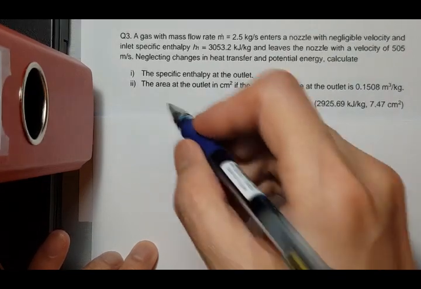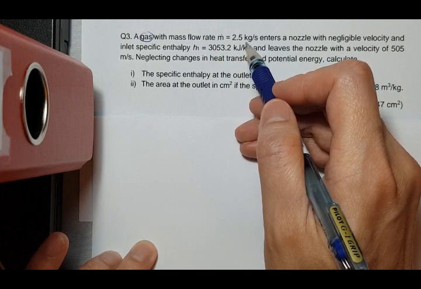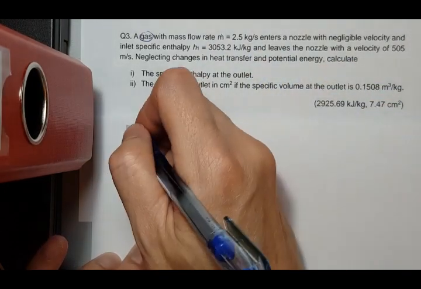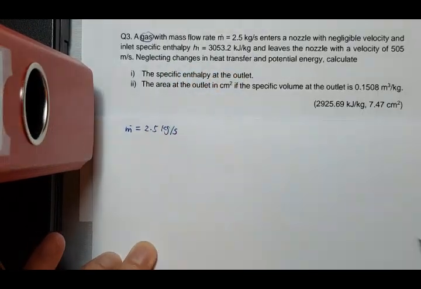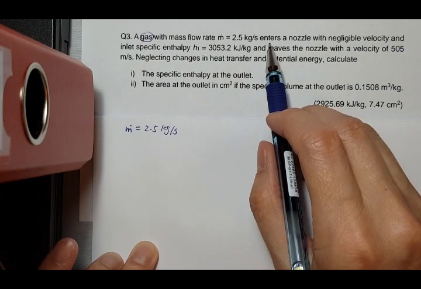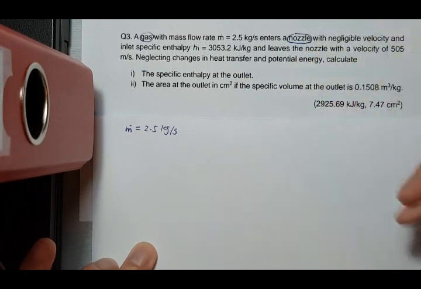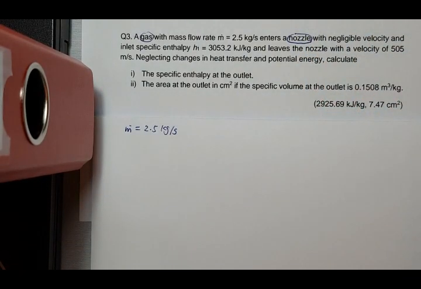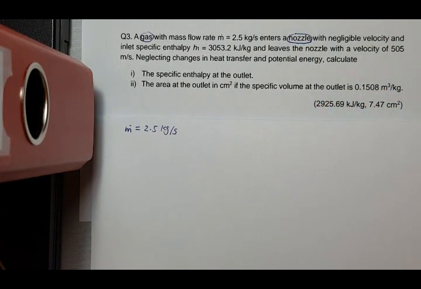Okay, so a gas, so we know that the working fluid is a gas, and the mass flow rate, m dot, that's a kilogram per second. So I'm going to write here m dot 2.5 kilogram per second. Okay, enters a nozzle, so that's a nozzle. We introduced some background knowledge about the nozzle: the most important function of a nozzle is just to increase the velocity of the gas. Okay, and then there's no work transfer, no heat transfer,